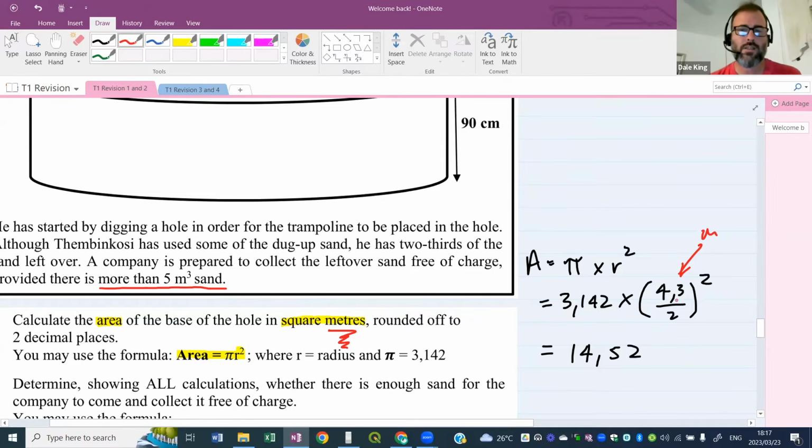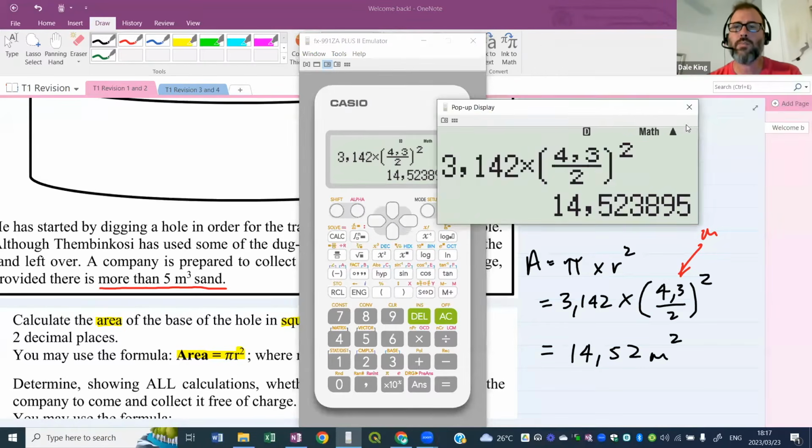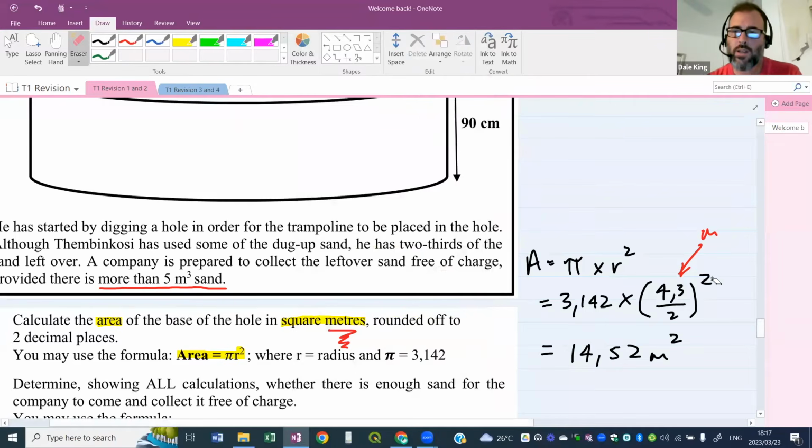And I know kids thinking, oh, Teacher Dale, why did you not show the units there? I'll tell you why. Because I've seen marking, and when students look at this type of question, what they sometimes do, I'll show you here on the calculation, all right? So have a look here. So what they sometimes do is